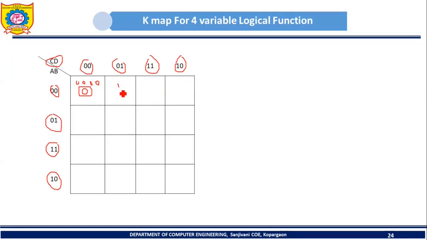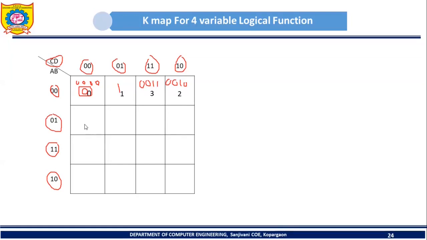So I can say that this particular cell corresponds to input combination 0. Then this next cell will correspond to 1, right? See, here it is 0, here it is 1. Then where will we have 2? Whether we will have 2 here? No. So 2 will be here, right? Because for this cell, what is the value of AB? 0 0. So here A and B are 0 0 and C and D are 1 0. This is a binary number, convert it into decimal, you will get 2. Then 3 will be here, right? Write again the input combination for this cell: A and B are 0 0, and C and D are 1 1. Convert it into decimal, you will get 3.